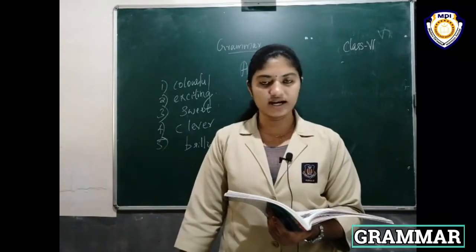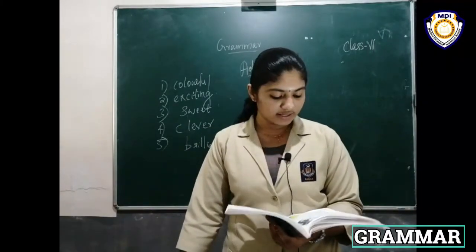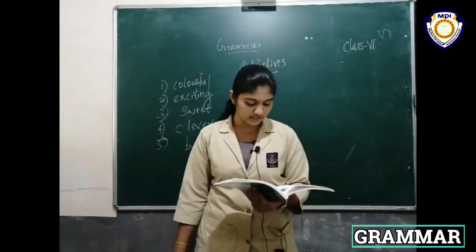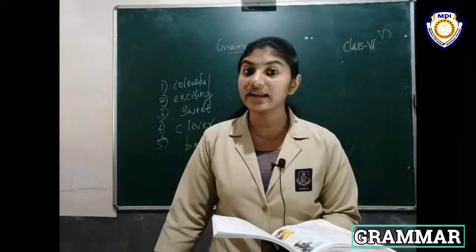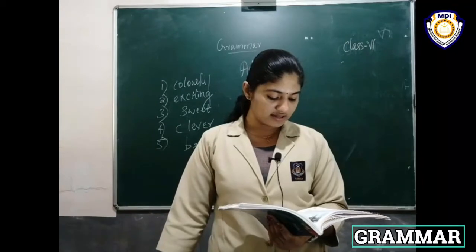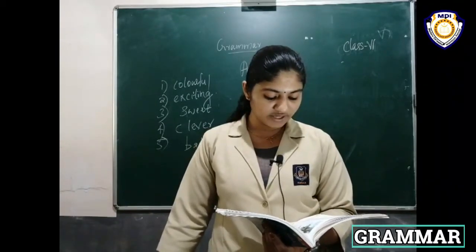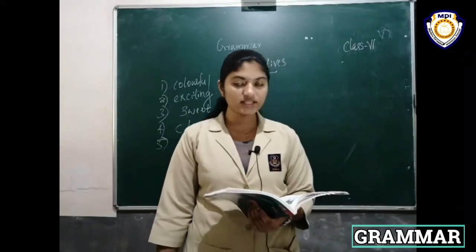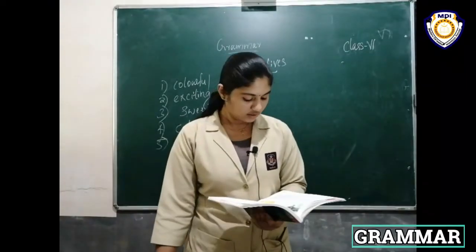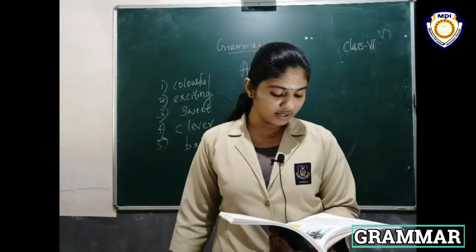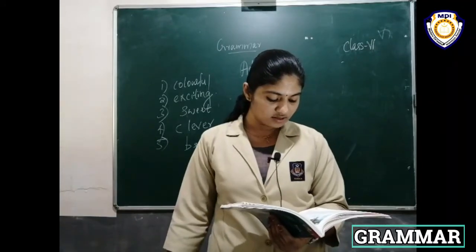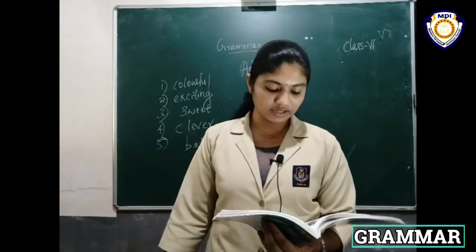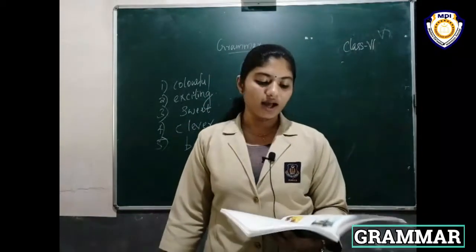Then other questions, all of you find out the answers. It's very simple. Then exercise D: circle the appropriate adjective. Here two adjectives are given. Choose the correct adjective. First one: a farmer found a dash eagle caught in a snare. Second one: being a compassionate man, the farmer set it free. The answer is compassionate. All of you circle the appropriate adjectives.